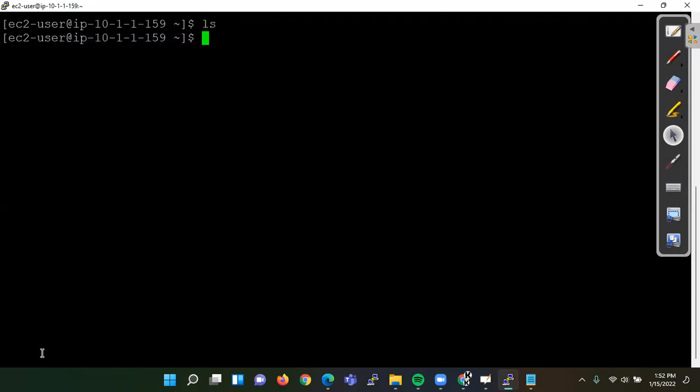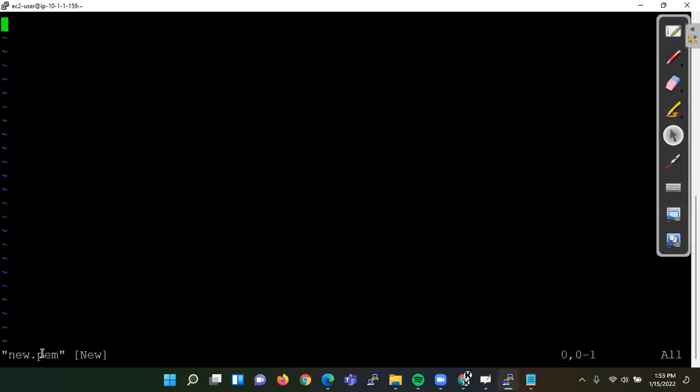Because we have created that key inside our public server, and this is our private server. See, after running ls, it is completely empty. So we create a new key here also, a file for that key in this instance also.